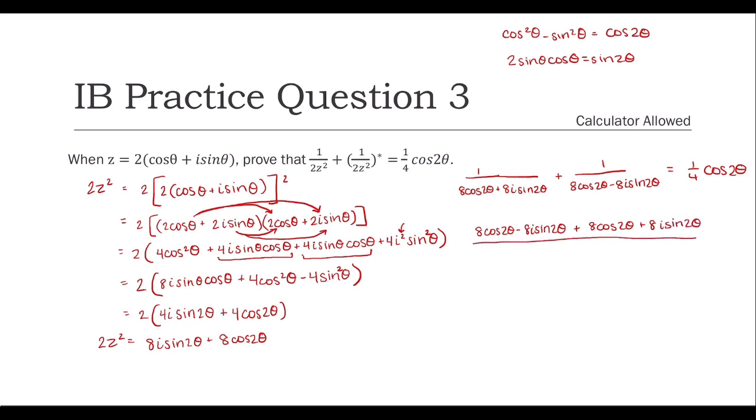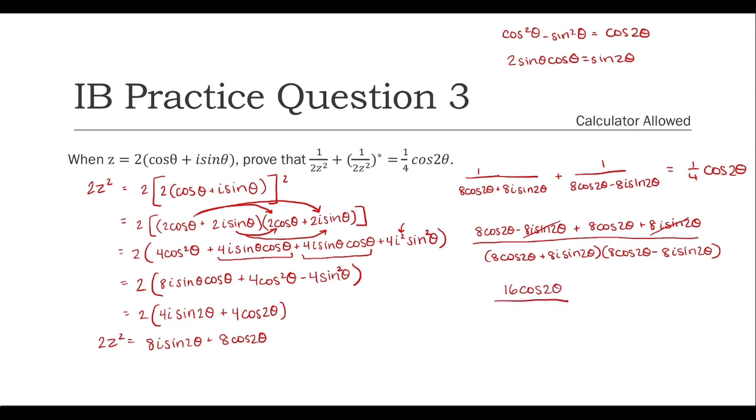And that will be over our 8 cosine 2 theta plus 8i sine 2 theta times 8 cosine 2 theta minus 8i sine 2 theta. So in our numerator, our 8i sine 2 theta is going to cancel because we have plus and minus that. And then we have 8 cosine 2 theta plus 8 cosine 2 theta, which is 16 cosine 2 theta,